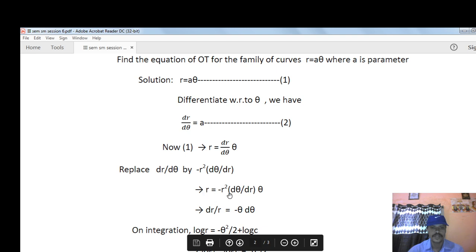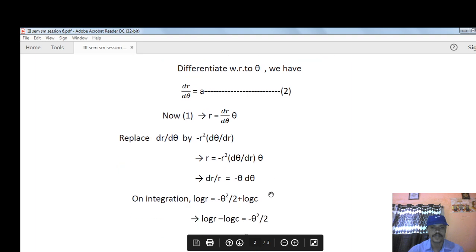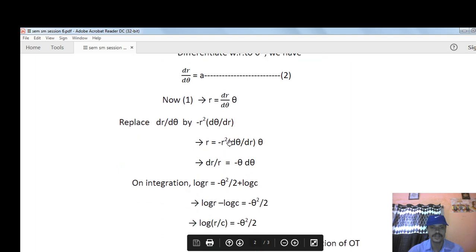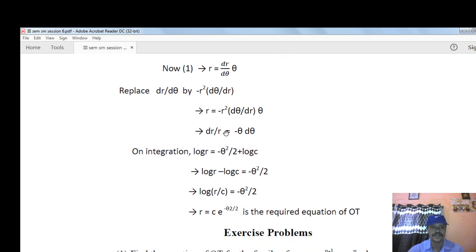Now this is a first order first degree differential equation in theta and r, where theta is the dependent variable and r is the independent variable. And we can solve this equation just by separating the variables. r gets cancelled. dr by r is equal to minus theta into d theta. After cross multiplication we have this. And after the separation,